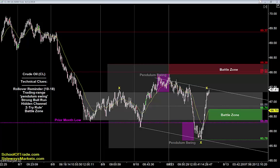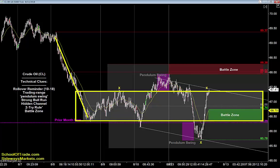Starting off tonight with oil, crude is bearish with a spike in range pattern, a pendulum swing, a hidden channel, and a strong bull run on the chart this evening. The bear spike in range is the big clue. Bear spike down, right? Bear spike in range is the big clue. That tells me to look for selling opportunities using the 2-try rule and buyer failures up above the highs of